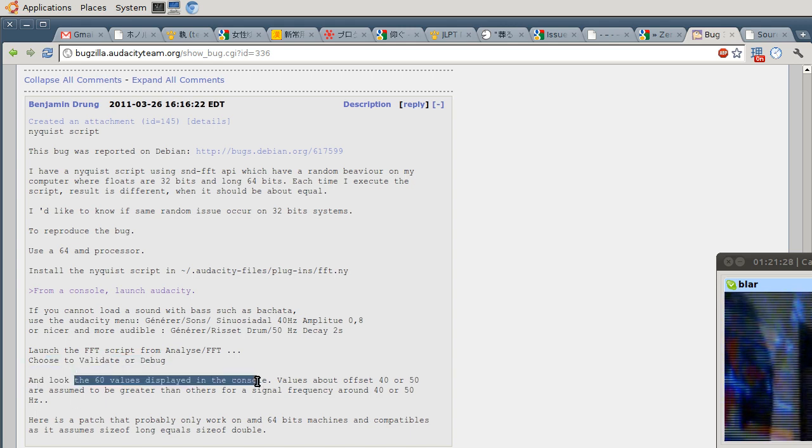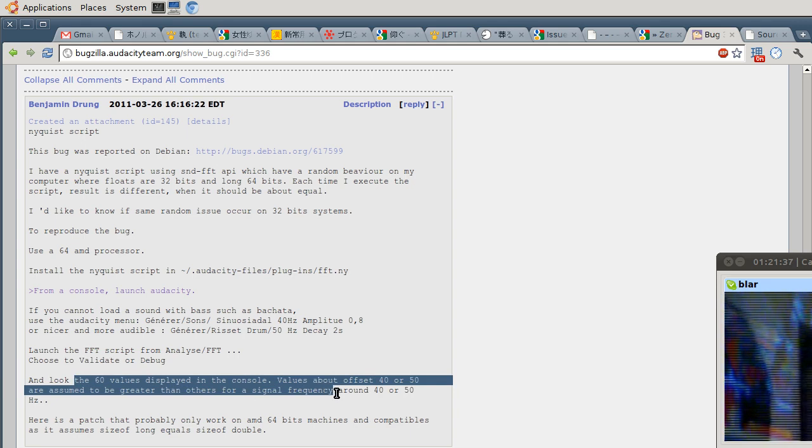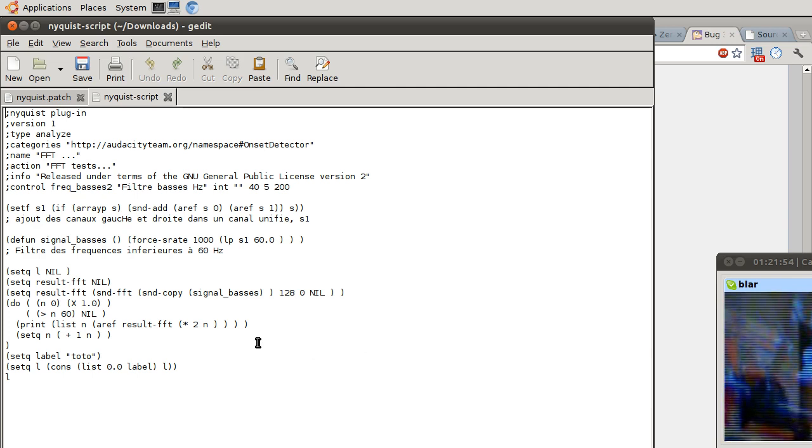Look at the 60 values. 40 to, this means 40 or 50 are greater than others for signal. Huh? So this is hard to understand for me. The 60 values displayed in the console, are these just frequency? I guess the script would say what it's outputting. So here's number 60, and this is